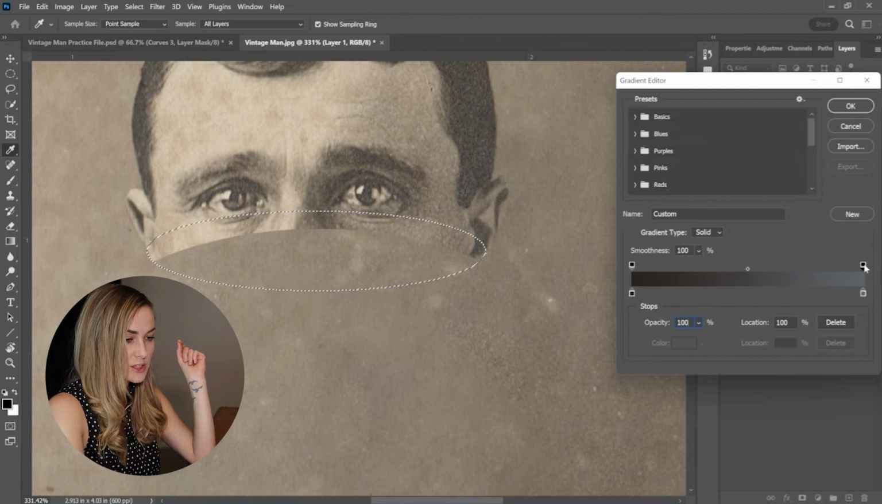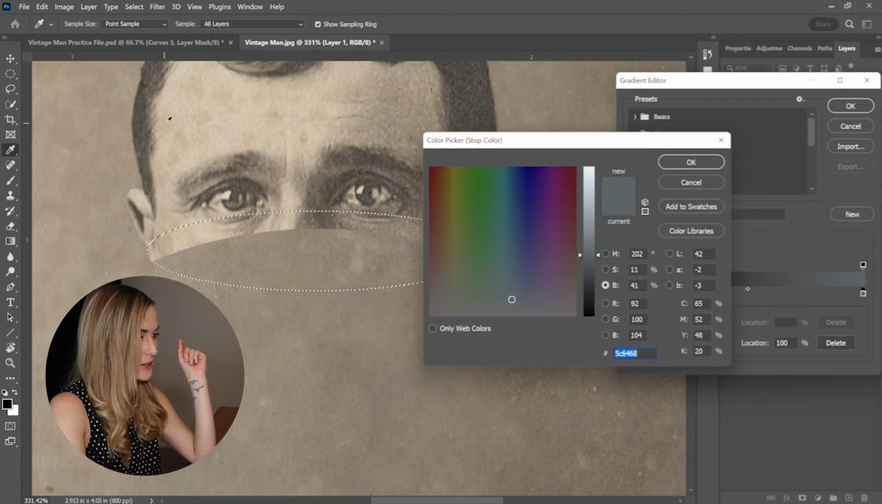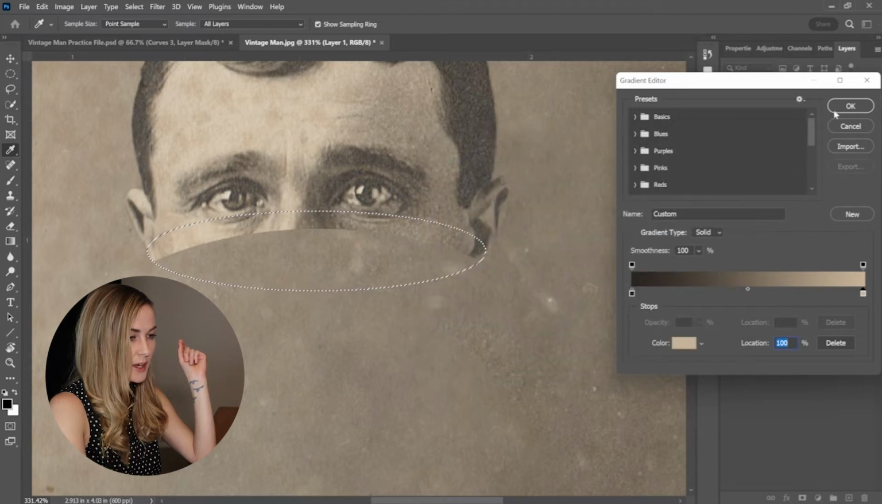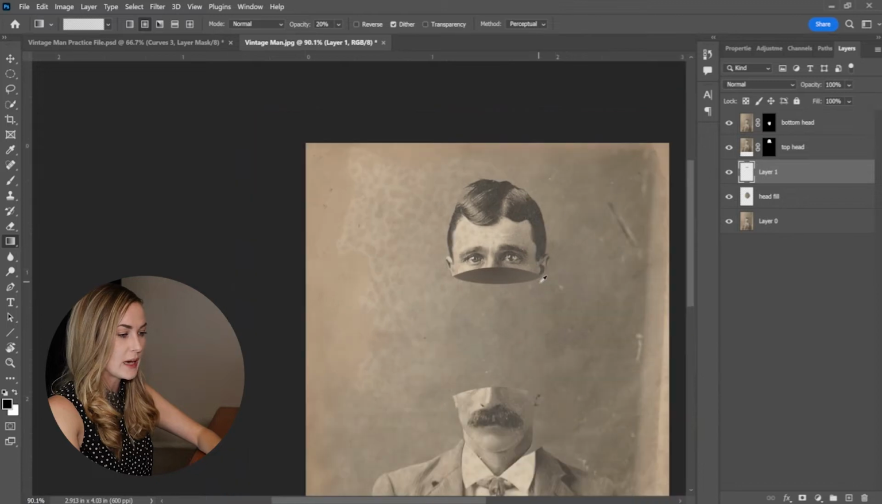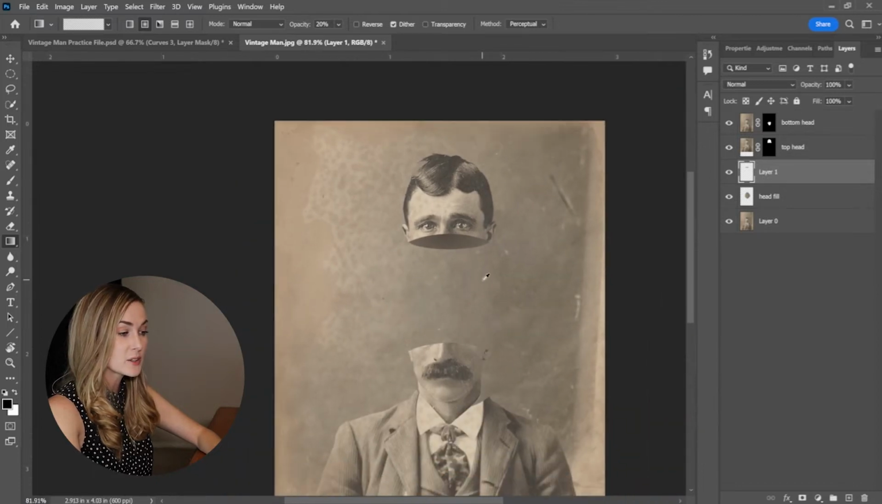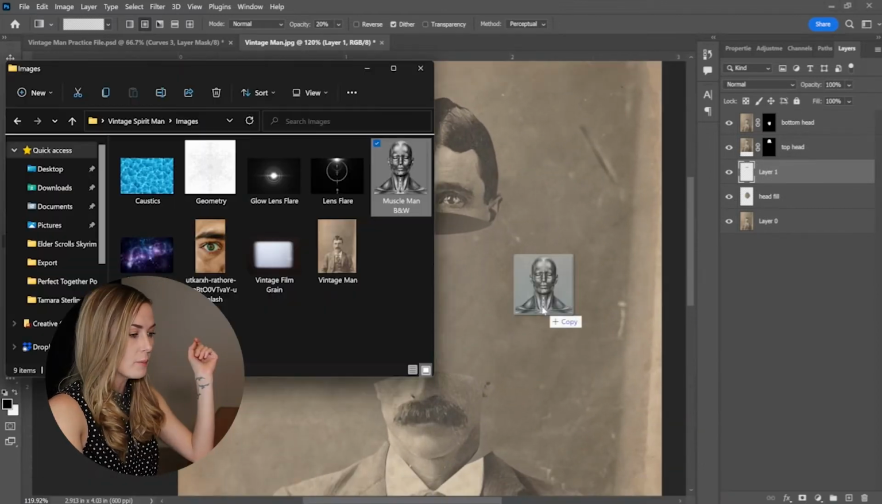The opacity you set just by clicking on the little top guy. The bottom one will be the color. Grab a lighter color from this guy and say okay. Click and drag out. Actually, I think I did it from down here. Now that we have the shadow for the top of the head, let's go ahead and bring in our muscle